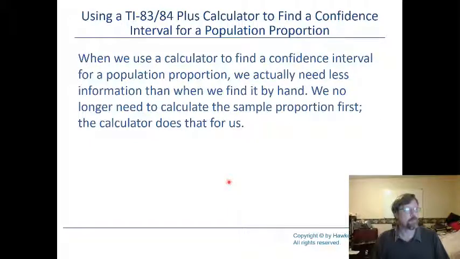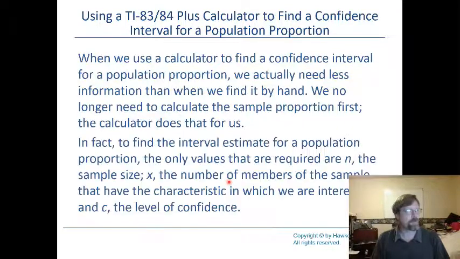We could do this with the built-in functions in the calculator. We actually need to do a little bit less work because some of it we can do automatically with the calculator. So really, for this, we just need the sample size, the number of members of the sample that have the characteristic we're interested in, and the confidence level. Okay, so doing this on the calculator,